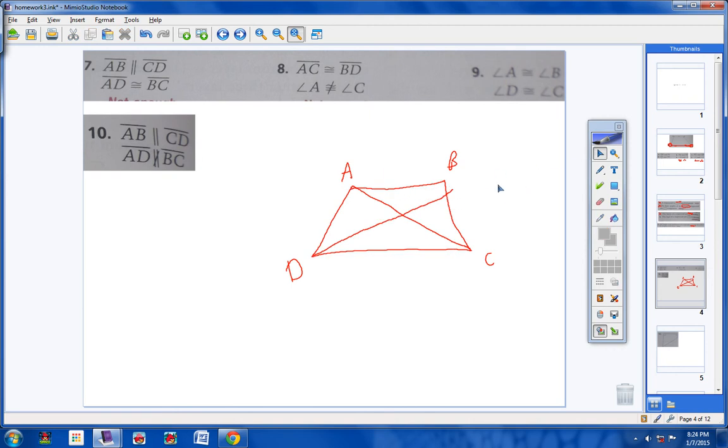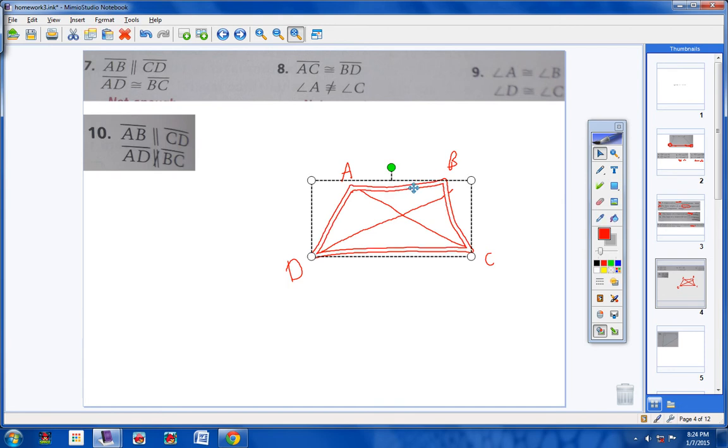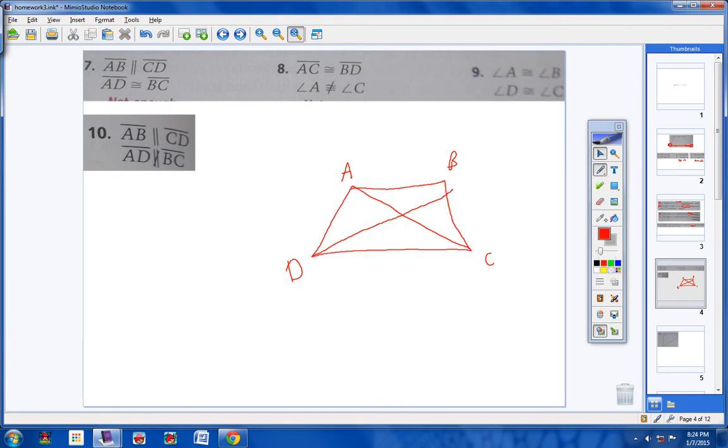Now remember, when I slid DB down, I kept it the same length as AC. And then take AB right here and just kind of go down like this. And there you go. So I still have DB congruent to AC, but this side here is not parallel to this side over here,